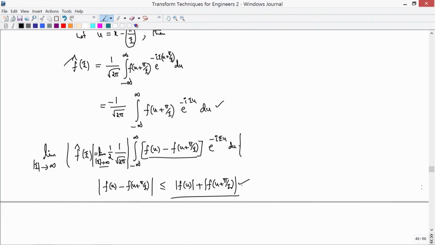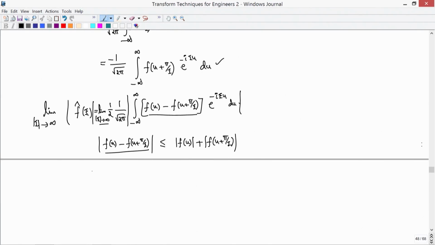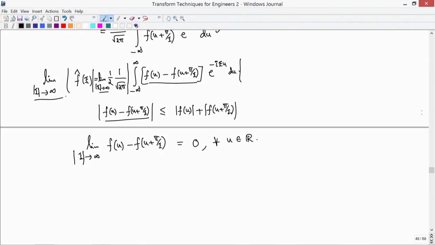So this quantity is absolutely integrable, which implies the quantity itself is absolutely integrable, and the sum of these absolute values is a new function. This is your g, and it is also an absolutely integrable function. And the limit of f of u minus f of u plus pi by xi as mod xi goes to infinity is actually going to 0 for every u belonging to the real line. It is clear, right. So you can pass this limit